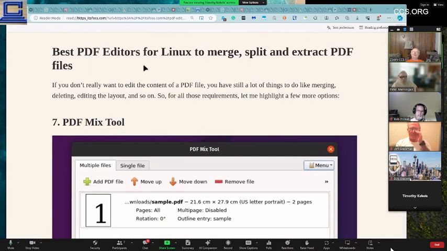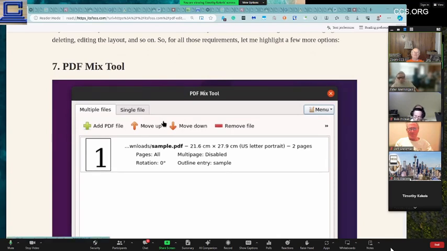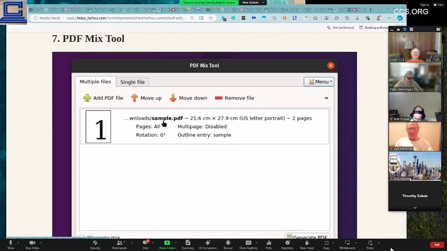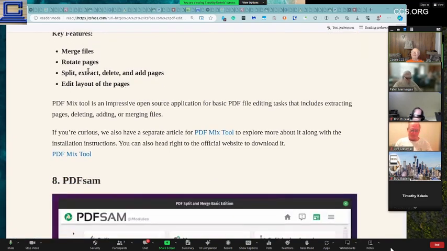Best editors for Linux to merge, split, and extract PDF files. You got PDF Mix Tool. So this one's pretty limited as to what it's going to give you in PDF support. But you can merge, rotate, split, extract, delete, and add pages, edit layout of pages. It doesn't sound like you're going to be able to create brand new PDFs. But you can take an existing one and